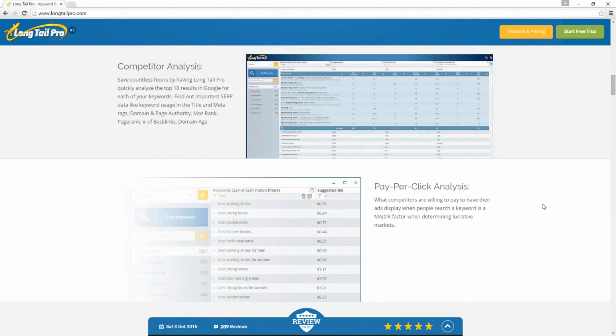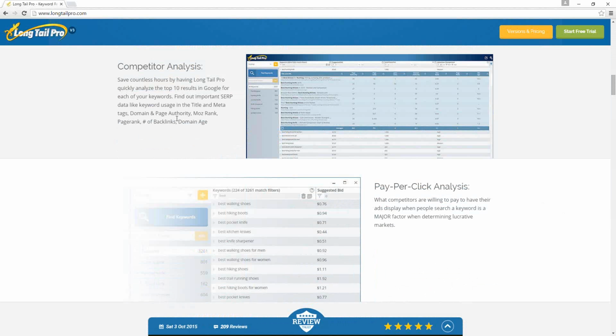If there are particular keyword phrases where it's really important that you achieve a top 10 ranking on them, as opposed to some of the other pages or keywords that you're going after on your site, I would certainly utilize Longtail Pro, the competitor analysis part in particular.